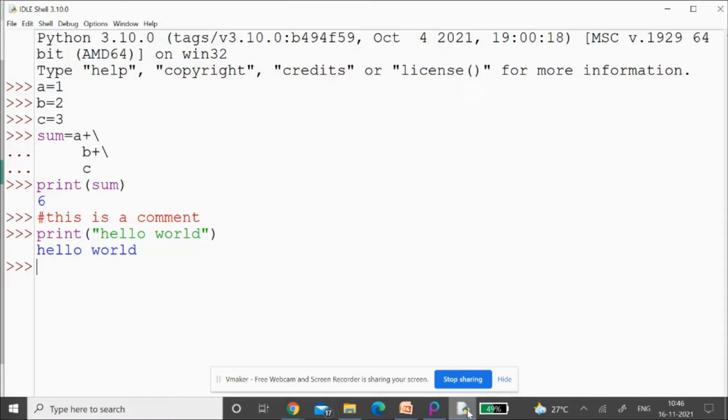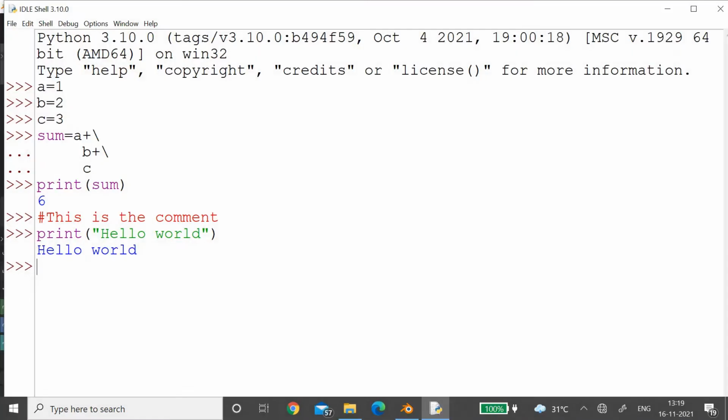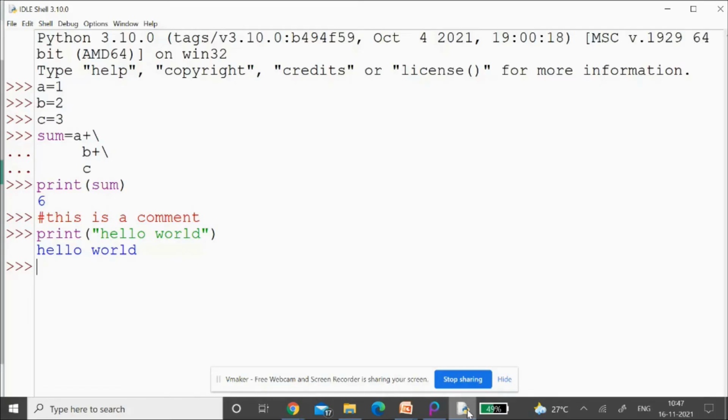Multiple statements in a single line. In other languages, a semicolon is used to terminate a single statement. But in Python, semicolons allow multiple statements in one line. a = 1; b = 2; c = a + b; print(c);